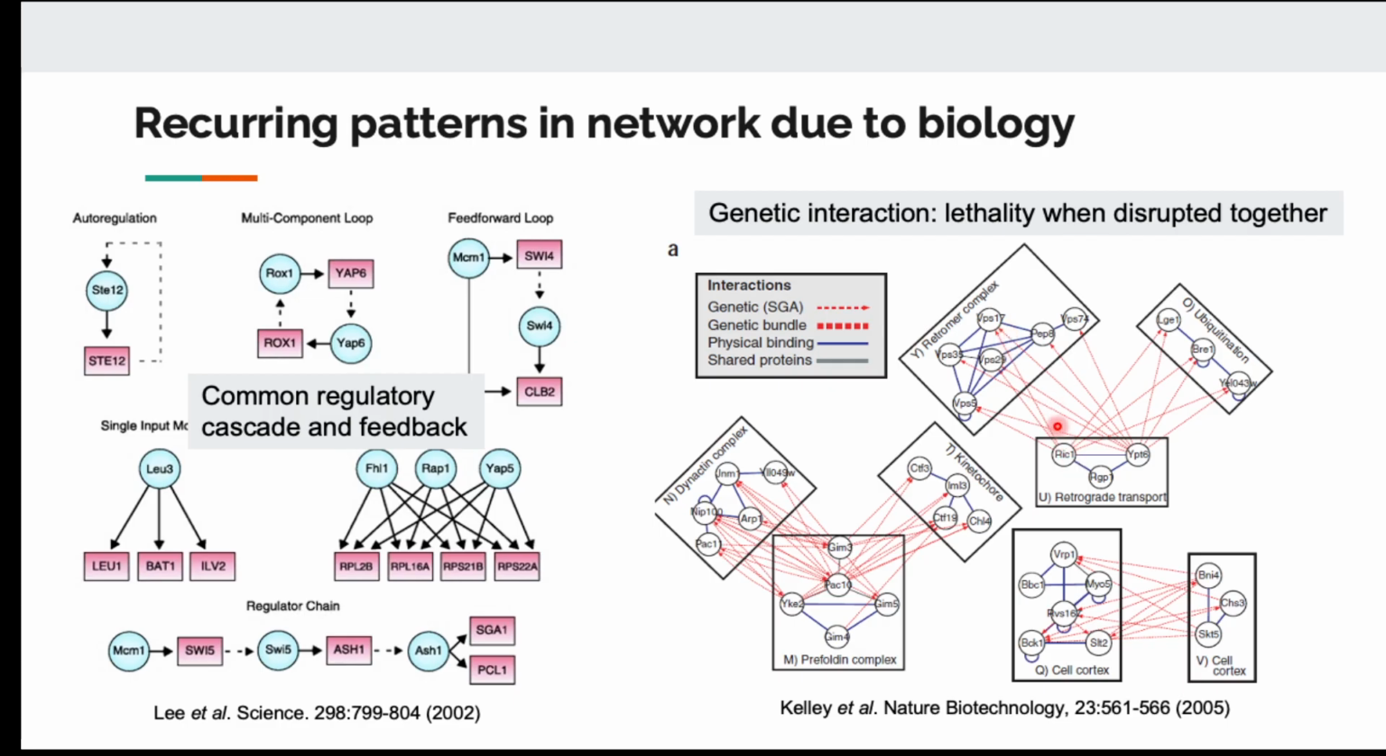So people found that if you have two important pathways, the proteins that are in different pathways tend to have genetic interaction. You cannot knock out both of the genes. The cell will not survive. So people found that genetic interaction and physical binding of protein interaction tend to complement each other. You have proteins being connected with physical binding and proteins being connected with genetic interaction